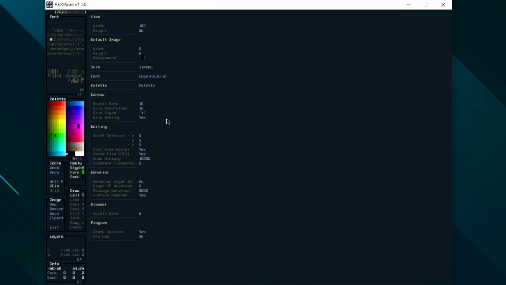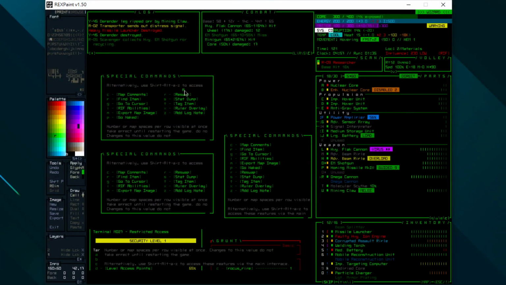Wait a minute, there it is, options menu. You can switch to a different font here from the list that's loaded. The one we were using is Cogmind. There's also an XCOM font, which is slightly different. Cogmind includes this font as well, I believe. Yeah, this is the XCOM font. Ah, brings back